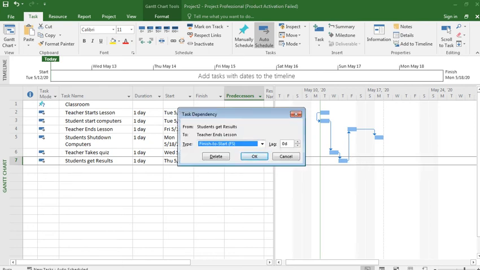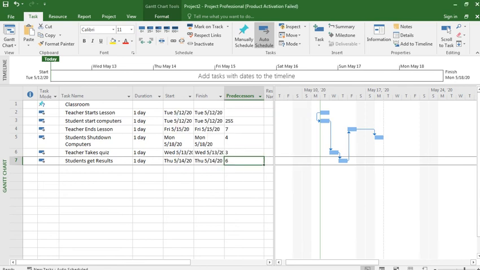And about this, student gets results, teacher ends lesson. When this finishes, then this starts. Finish to start.